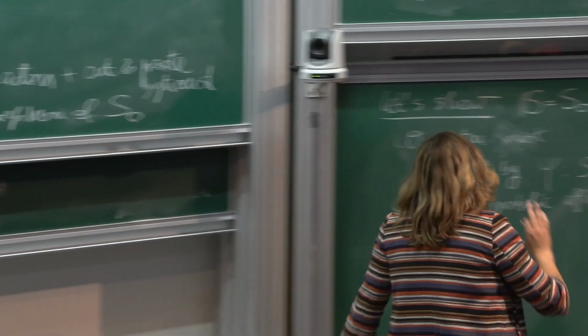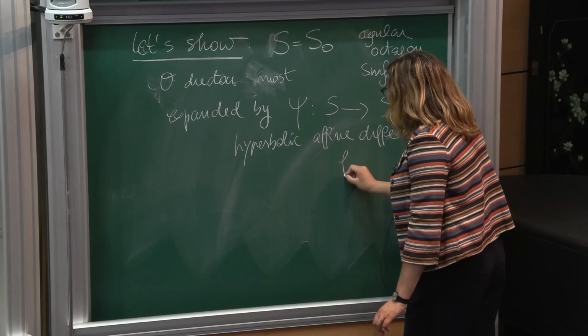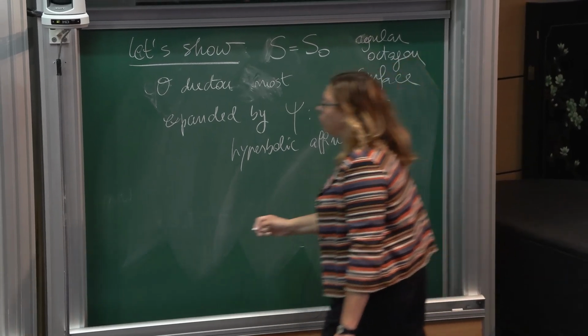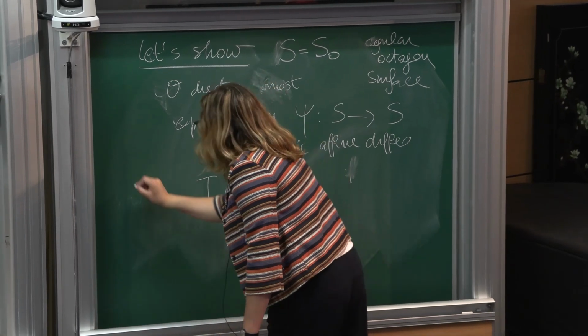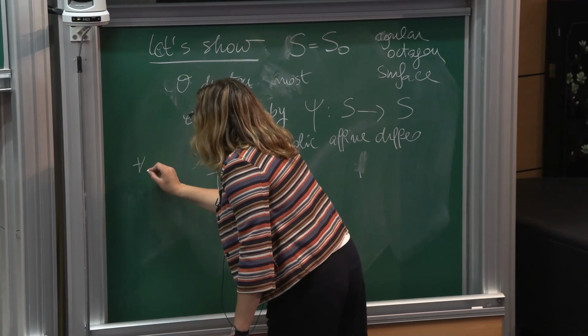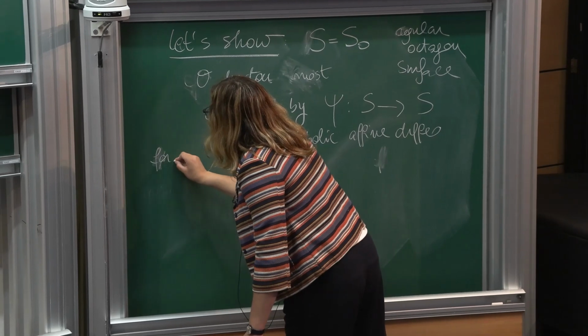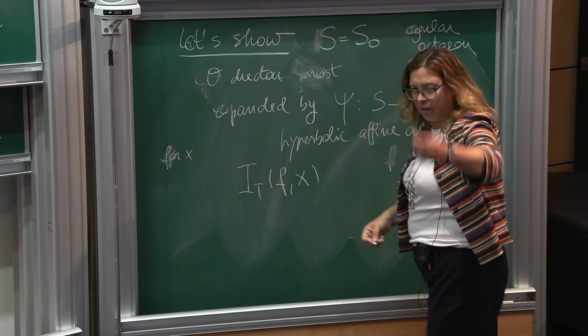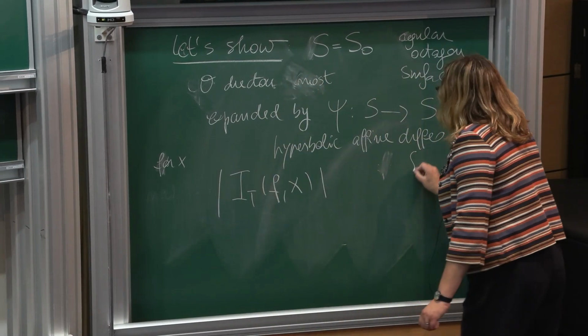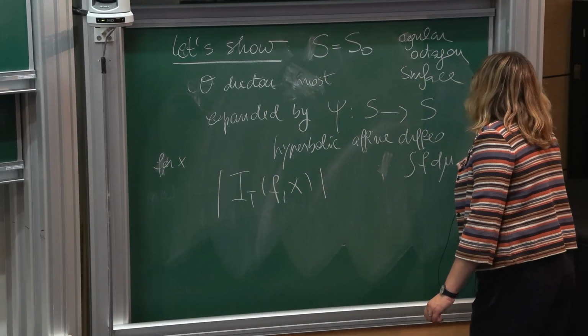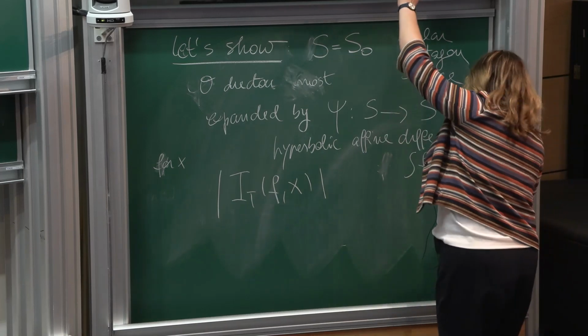I will actually lie and not really do this case in full. But I want to prove that these integrals, for almost every x for which the flow is defined in the future forever,